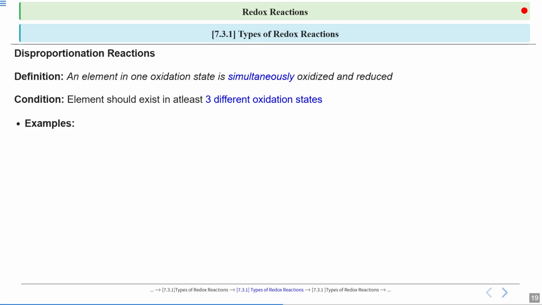Now let's consider the example of hydrogen peroxide. Here you will see that the oxygen is experiencing disproportionation. The oxygen is in -1 oxidation state in the reactant, while in the product it has both -2 and 0. 0 oxidation state is in its elemental state, while in the compound it has -2. So the oxygen of peroxide, which is present in -1 state, is converted to 0 oxidation state in O2 and decreases to -2 oxidation state in water.